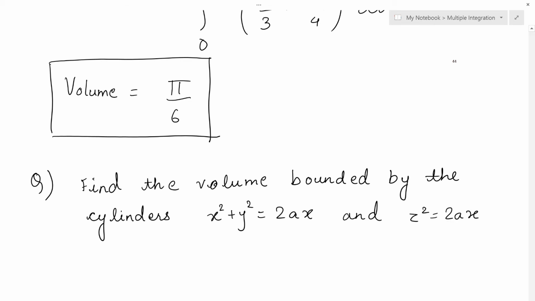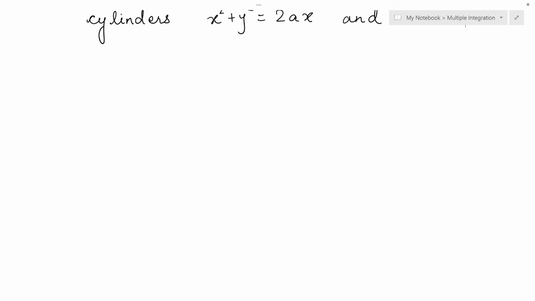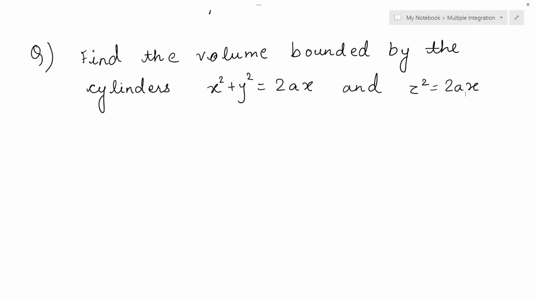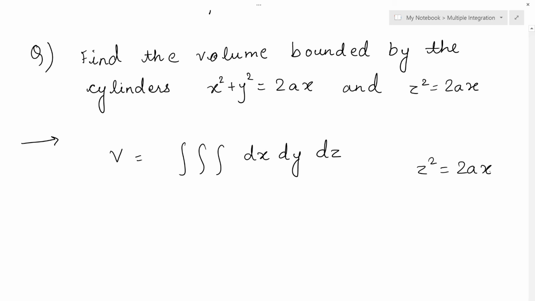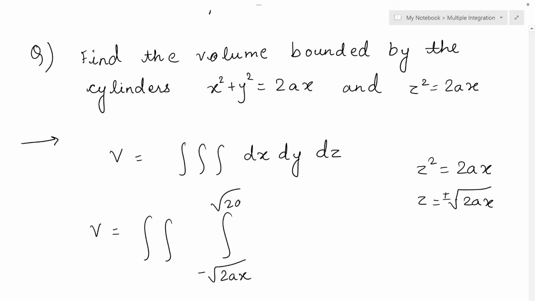Now drawing two cylinders and checking the boundedness is really not possible on the page, and it won't be feasible for you. But here clearly we can see that this is Cartesian, so we can write in dx dy dz. From one equation, that is z square is equal to 2ax, I can get two different things. So z will be nothing but plus minus under root of 2ax. So that will be my innermost limits. So this volume can be written as innermost limits of z minus under root 2ax and plus under root 2ax dz,